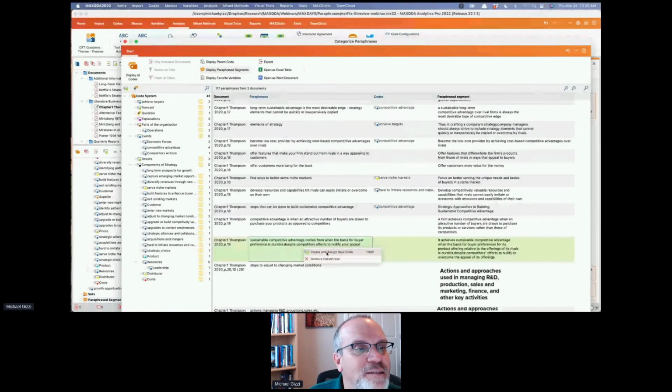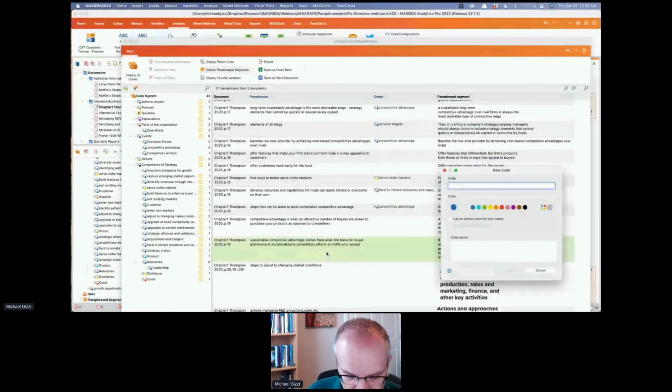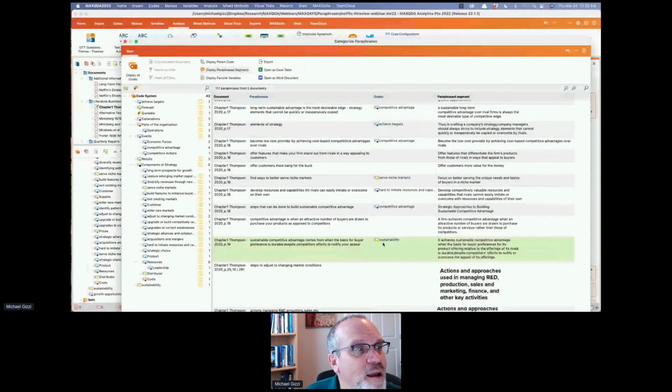Create and assign a new code. And write out your code memo so you know why you're coding it. Give it a color if you want. Click OK. And now I have sustainability, which showed up down here.